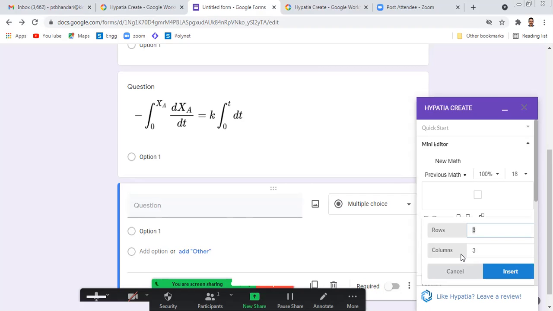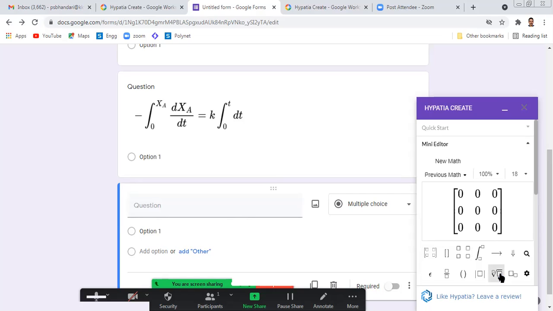Once we use the B matrix function, it displays the number of rows and number of columns in a matrix. So say I have to use 3 by 3. So insert. Now just click on it. As per our wish, we can add the terms in the matrix.